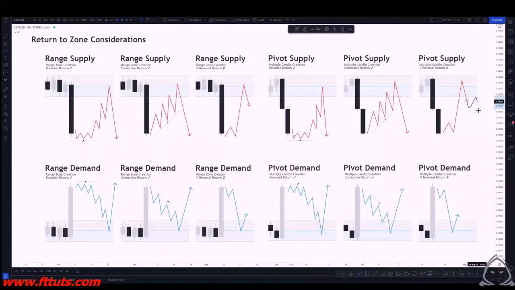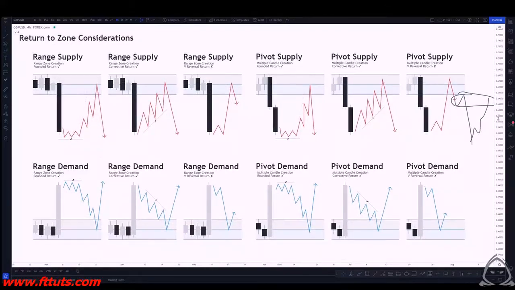Or if you do get some sort of reaction that does follow through, you might be able to trade a newly created pivot that has maybe a better return into it, a rounded return or a corrective return. And one final thing that I wanted to touch on in regards to return to zone considerations, what you'll often see on the zones that play out the most, and this may sound a little bit confusing initially because I had just said that the V reversal or that aggressive move back into a supply or demand zone tends to